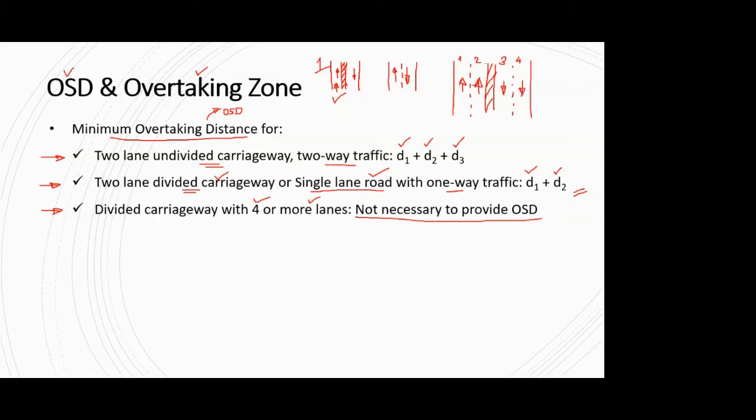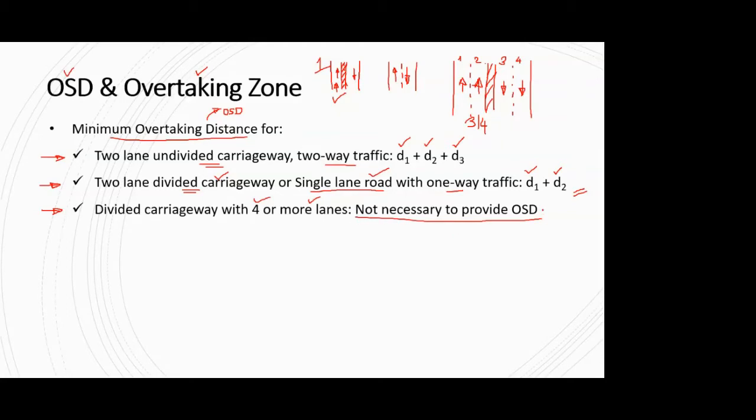Okay, so if I go on adding lanes, if I make here 3 lanes or 4 lanes, so for multi-lane highways, it is generally not necessary to provide OSD because, in multi-lane highways, the overtaking vehicle, or we can say the fast-moving vehicle, will be having an option to either go by the left lane or right lane. If the slow-moving vehicle is using lane number 2, the fast-moving vehicle can pass through lane number 1, or vice versa. So in that case, there is actually no need for providing the OSD.